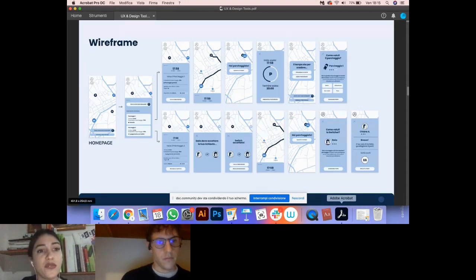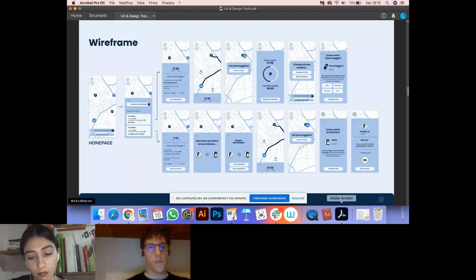What are wireframes? The first step of the creation of the visual part is wireframes.